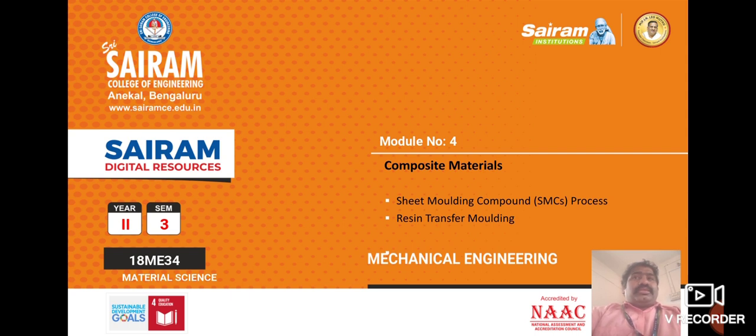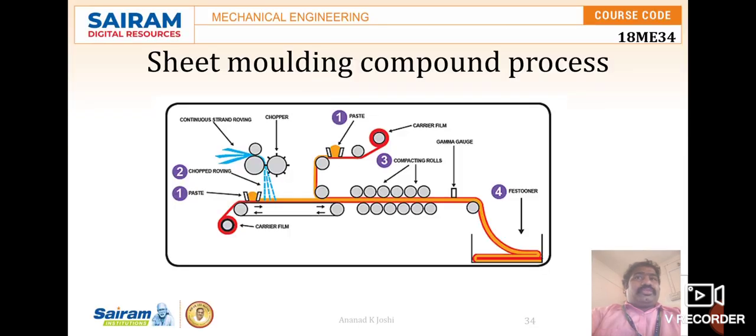This compression molding process is the most commonly used process, and we call it the SMC process in reference to the sheet molding compound, that is, the SMC material that is going to be used. In simple words, sheet molding compound refers to both the material and the type of compression process used for producing glass fiber reinforced polymer resin based components.